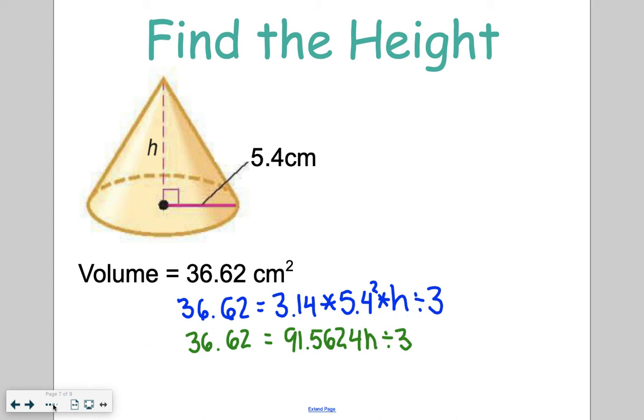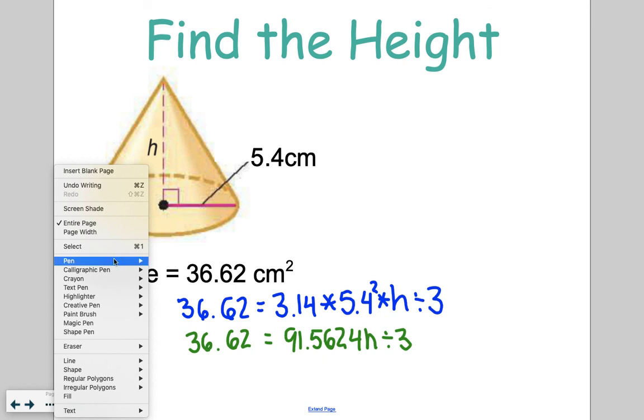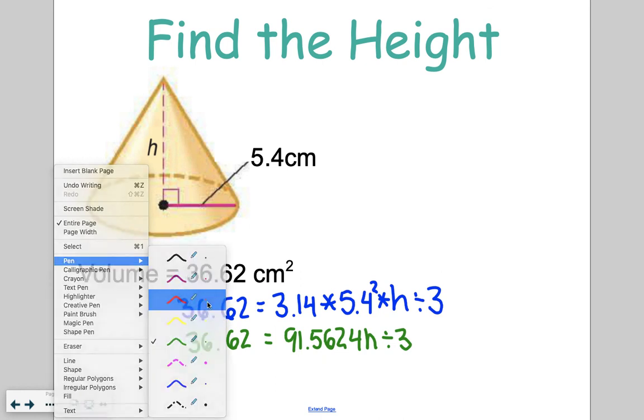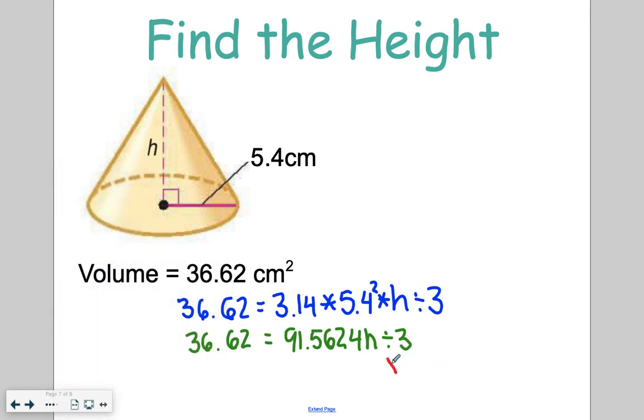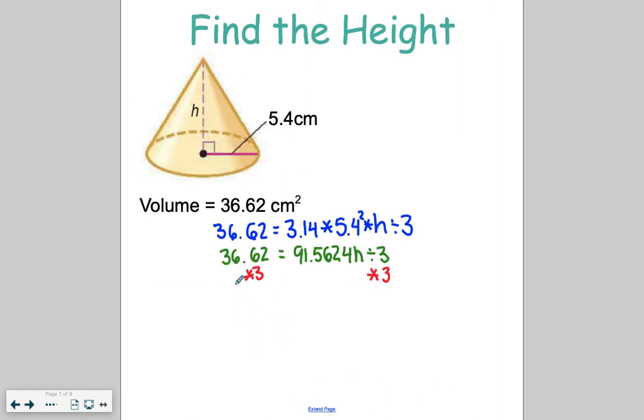Now you're going to have to use SADMEEP to get rid of those different values. So first I'm going to get rid of divided by 3, and I'm going to go ahead and multiply both sides of this equation by 3. When I do that, the divide by 3 gets eliminated, and my answer over on this side becomes 109.96, and that's equal to